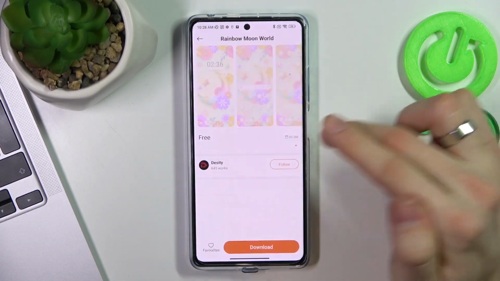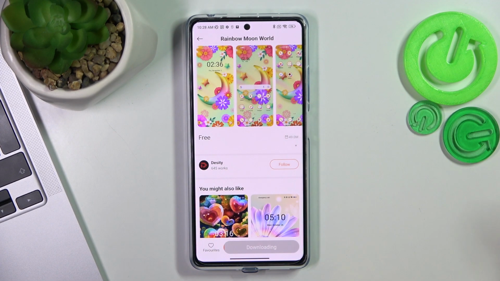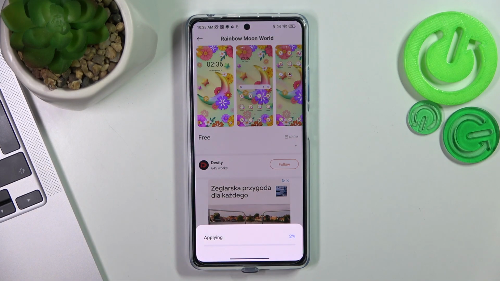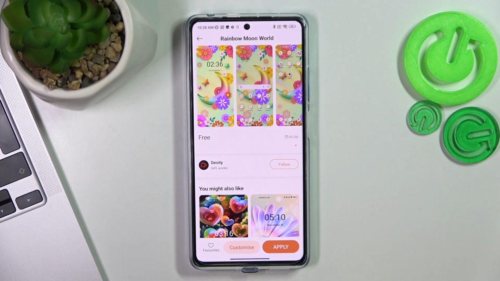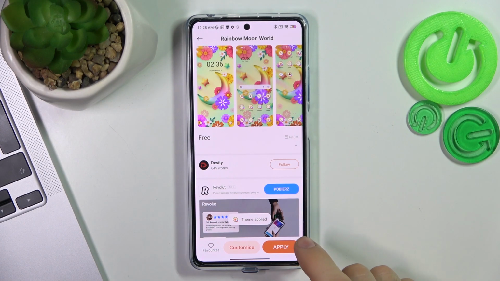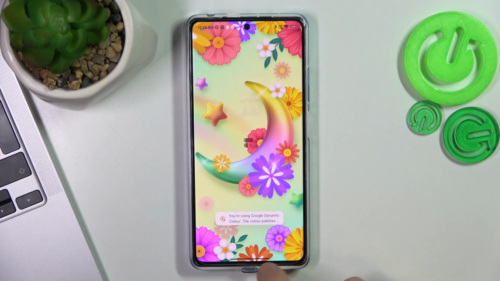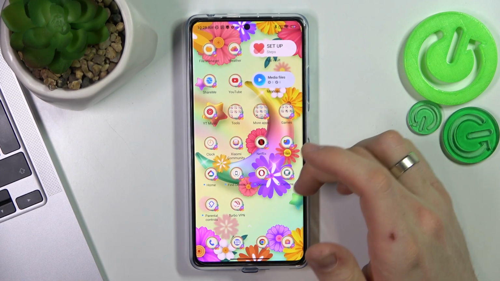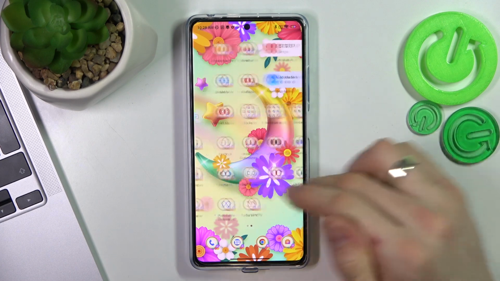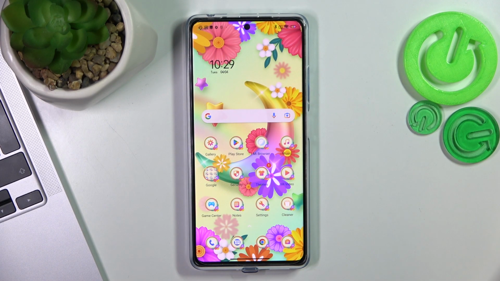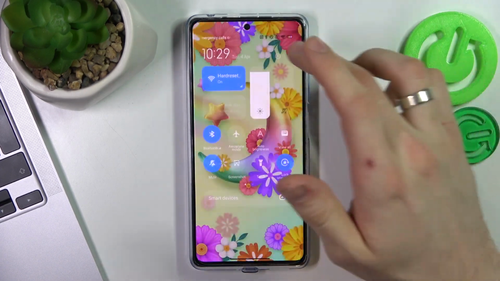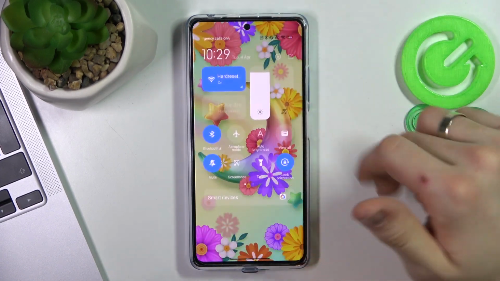Find the theme with the live wallpapers and click download. And great, as you can see, we have downloaded the theme, so now just click apply. And go back to the home screen, and as you can see here we have a beautiful theme. The theme redraws all icons. This is maybe not the best redrawing of icons, but here we have,